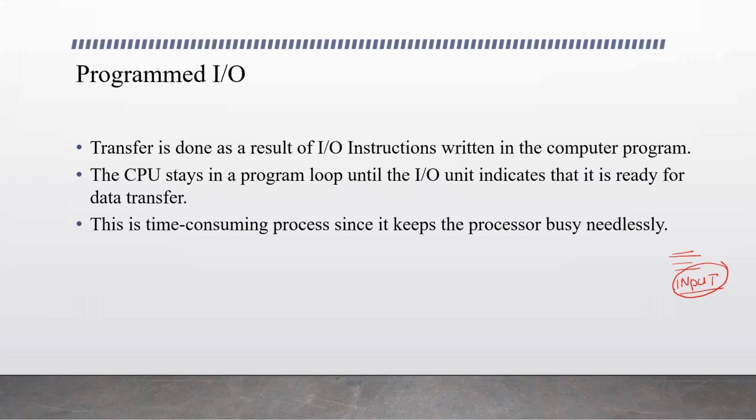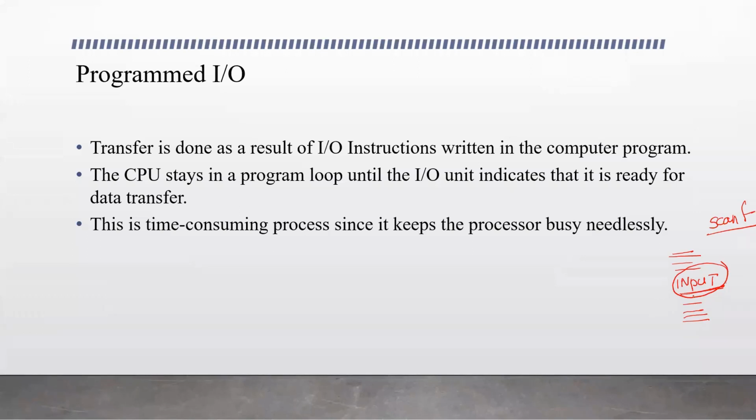What the CPU does: the CPU executes this program, and when this input instruction is executed, in a C program you write it as a scanf statement, right? The scanf statement is to read data for processing. So when this input instruction is executed, the CPU gets the data. The CPU transfers the data from the input device and uses it for further processing, based on the processing steps given in the instructions. So this way the transfer is initiated by the program, by the instruction.